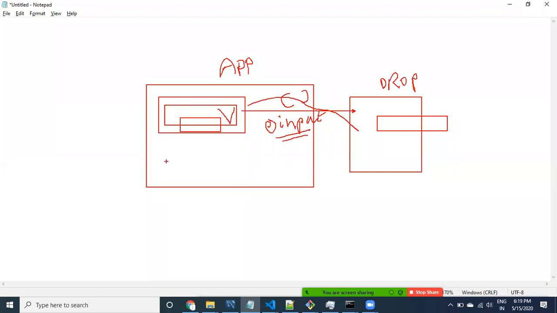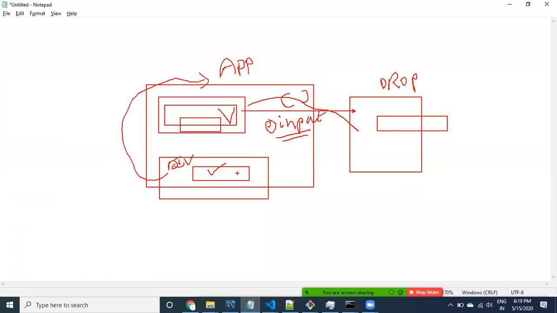See here guys, there is a div. Inside the div, I want to display the selected value. This is a simple div. Assume this div is related to the app component. The value we are selecting is in the drop down component. Whatever value you have selected in the drop down component, you have to get that selected value from the drop down component to the app component.